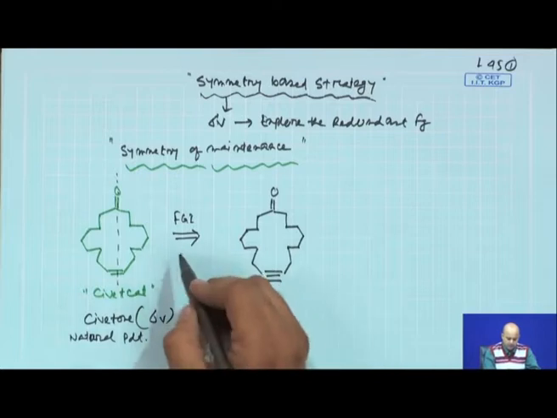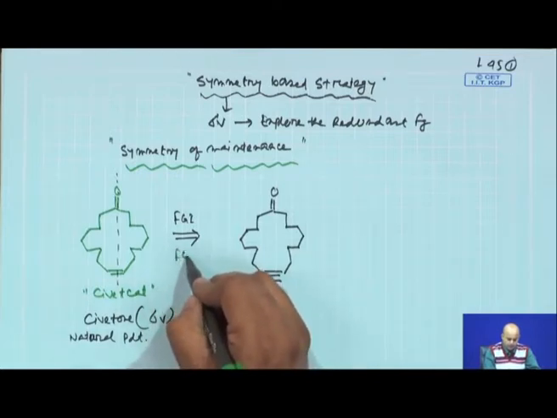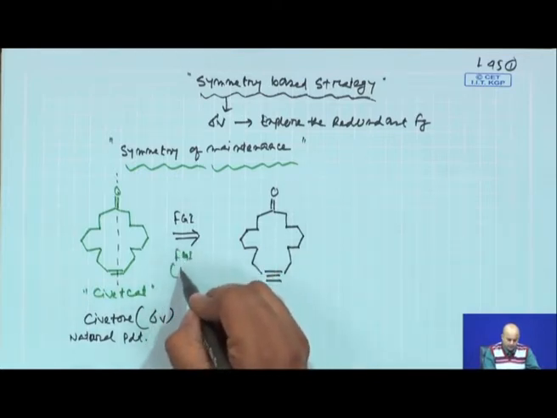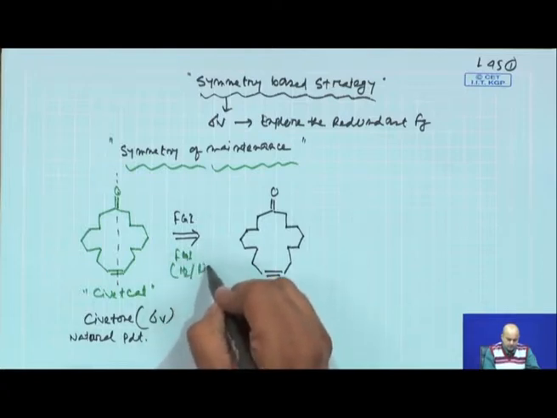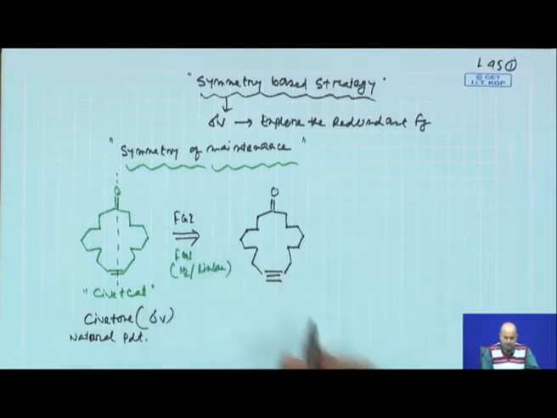So, with a simple FGI using hydrogenation with Lindlar catalyst, you will be able to do it. Now, you may ask about the alkyne, which is sp hybridized,